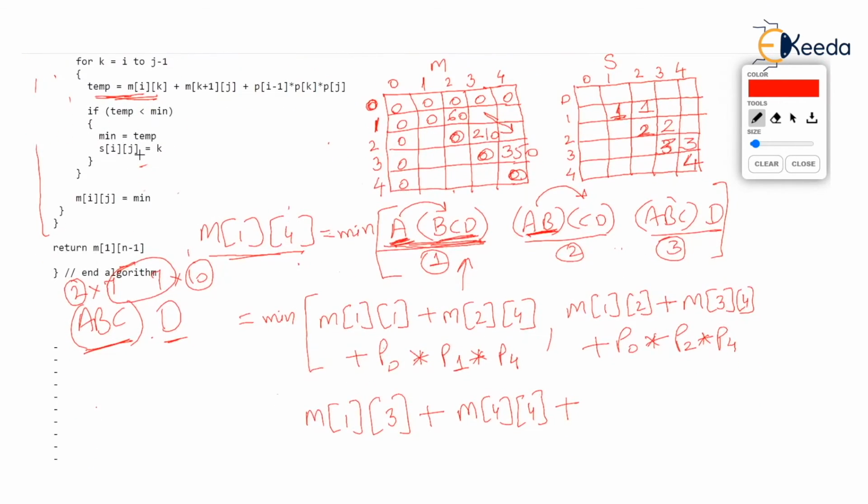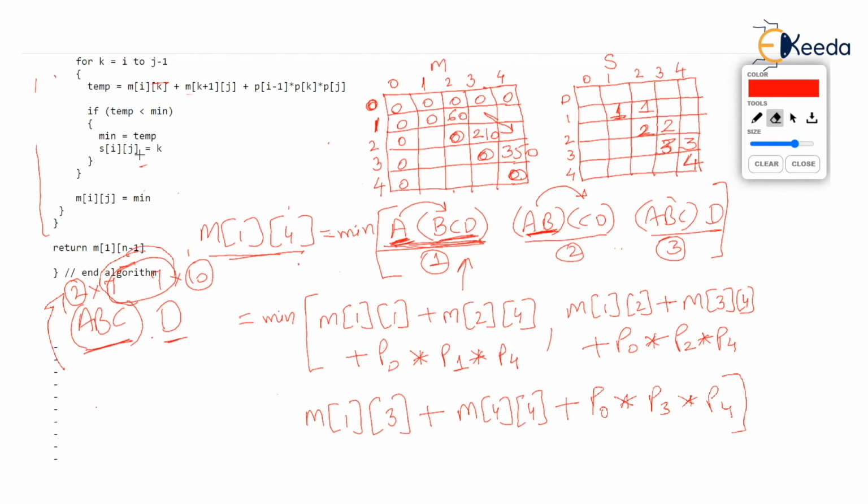But how did we get this 140? This 2 which I have written is again P0, observe, into the 7 which was common here, which is nothing but P3, observe the data, into the last 10 that we have written, which is P4. Okay, now you might see this formula which I am underlining here, this one has references to P, isn't it? You will understand what this is all about. Okay, so ready?